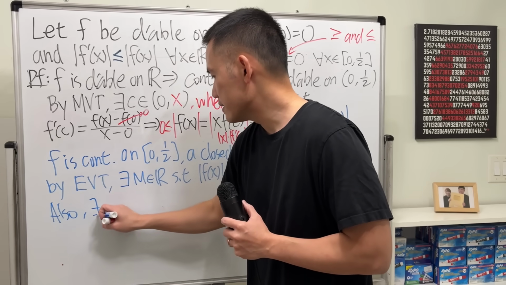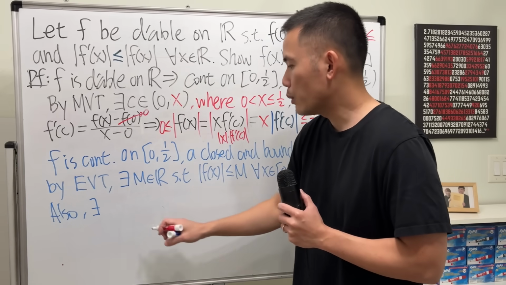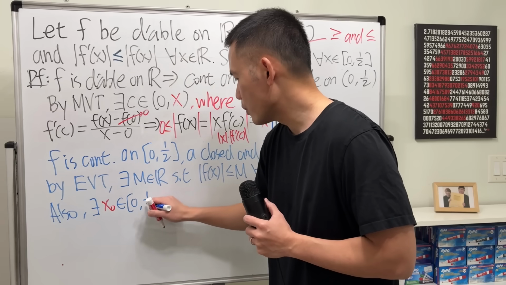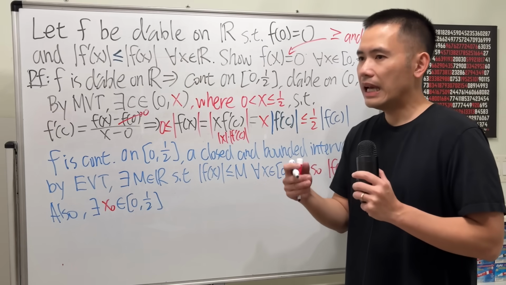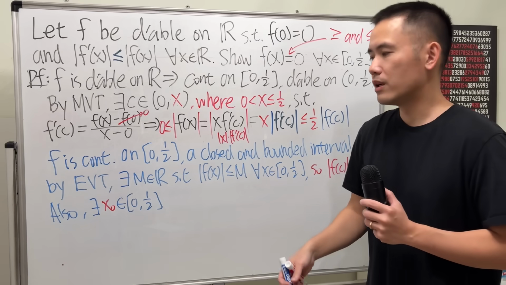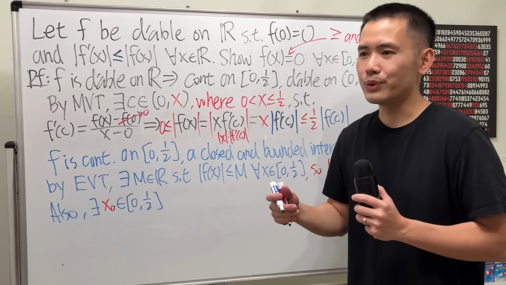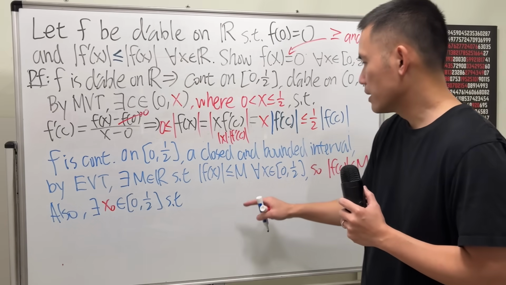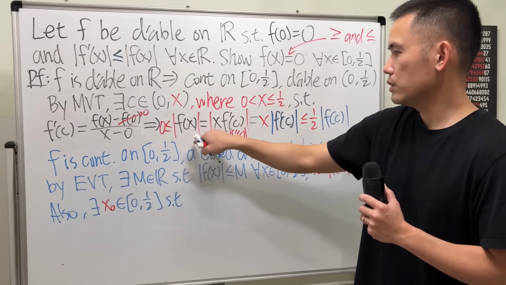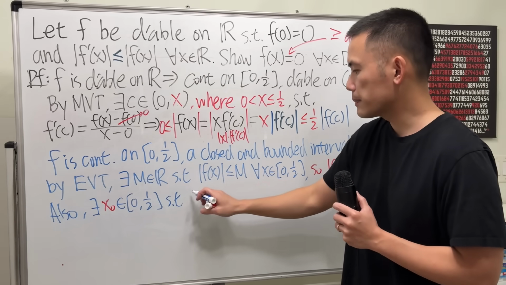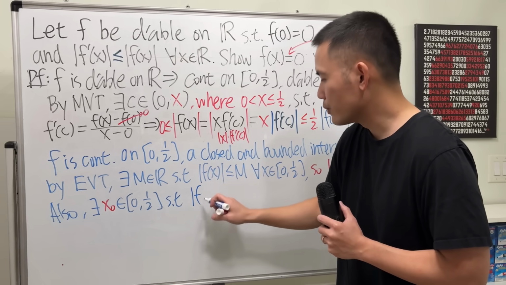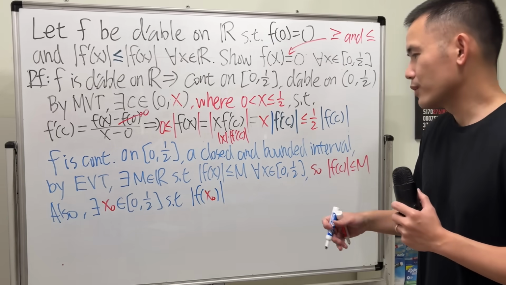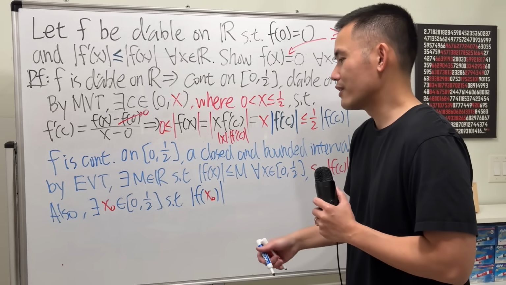I will just say there exists some number on this interval. I will call it x0 on the interval [0, 1/2], such that f of x0 is going to be the max, or if you would like to say, it's equal to the minimum. But right here, I'm just going to say such that, because I want to work with this inequality, with this notation, you will see I want to take the absolute value, such that the absolute value of f of x0. Also because I don't know the min, max, or whatever,